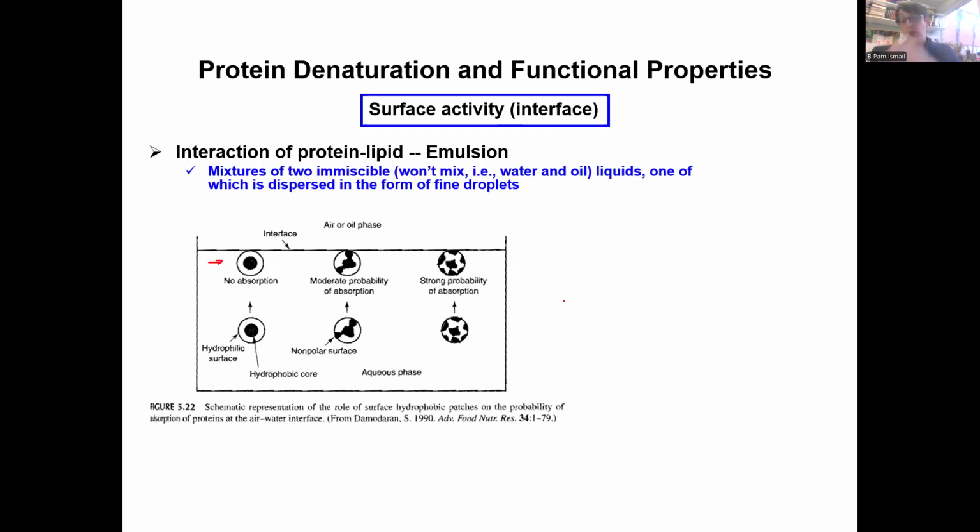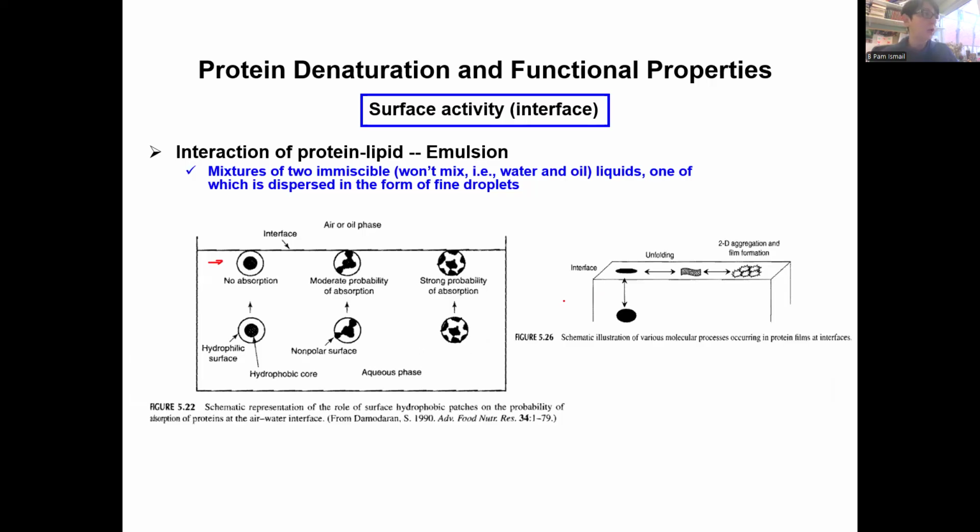So this is very important. You need a balance between hydrophobic and hydrophilic groups on the surface of the protein. That's why partial denaturation is often something that we do to enhance emulsification. So